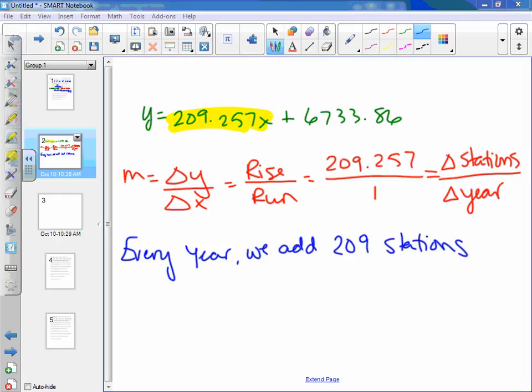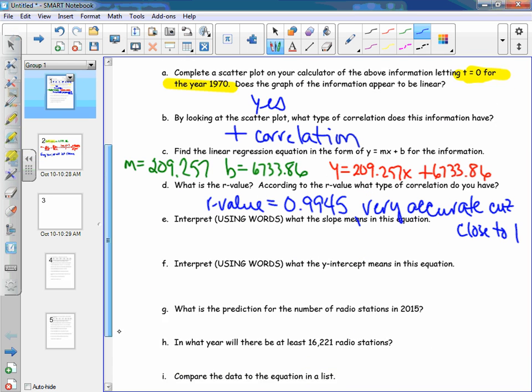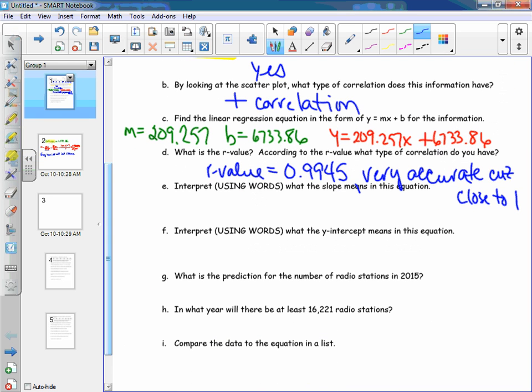Okay? I expect to see a sentence here. This is what's important. You have got to make sure that you are able to understand in the story problem what that slope means. Do we get that? Okay, so that's what I expect to see on letter E. So every year,